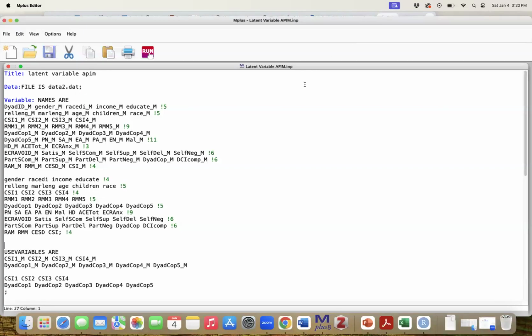Hello, everyone. In this video, I will be going over the latent variable actor-partner interdependence model. In previous videos, I've gone over the baseline actor-partner interdependence model with observed variables, where we just take a sum or a mean score. But in this video, I'll be going over what this model looks like in the latent space. And we'll also troubleshoot a couple of errors that we will see along the way when using latent